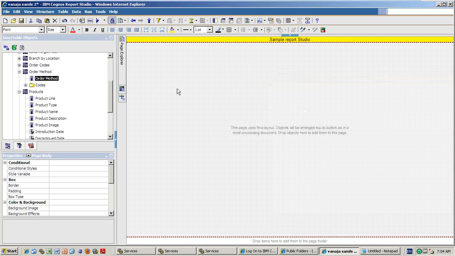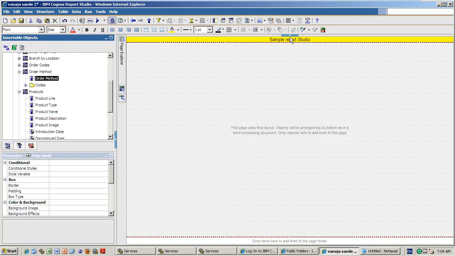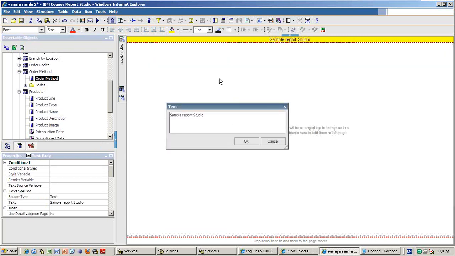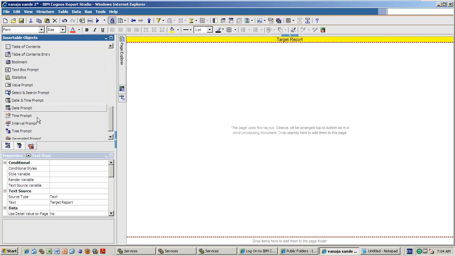Now let me first create the target report. So the target report is a list. Here I will write target report, just for our reference, and try to create a list.